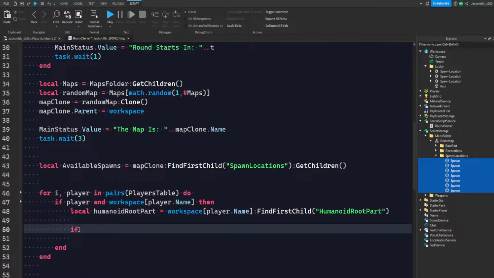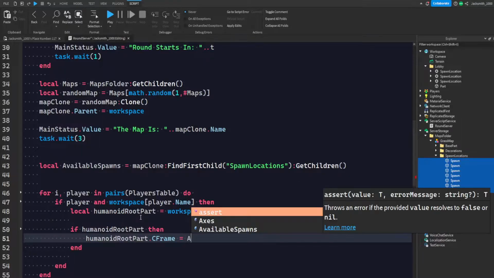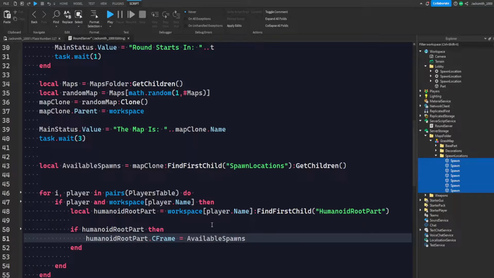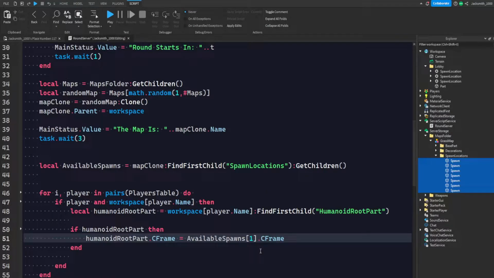Let's do if humanoid root part, then we will do humanoid root part dot c frame is equal to available spawns, and we're going to get the position of 1, and we're just going to do dot c frame